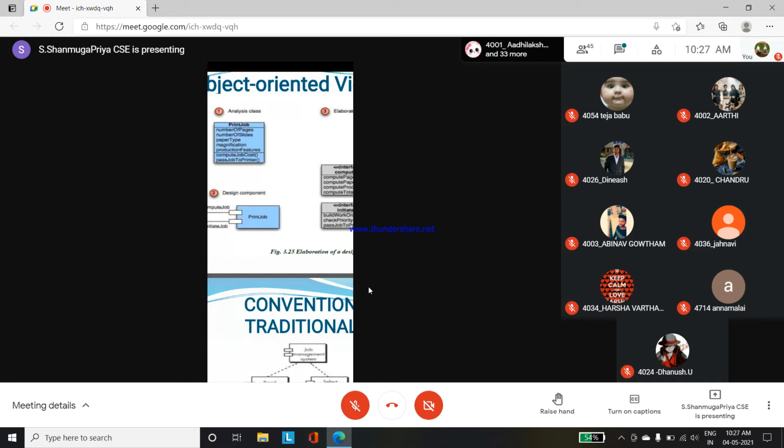So for interface connections only we are using this box. The class diagram and the component level design diagram will be the same, but here instead of a rectangle box we are using a small rectangle box, which is used for identifying whether it is connecting to any interface or not.